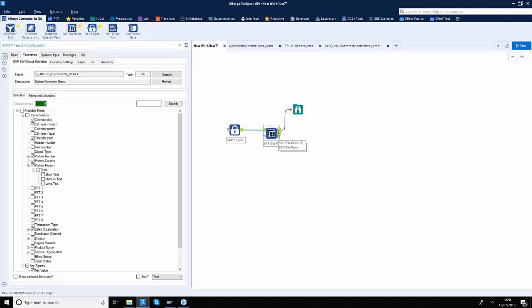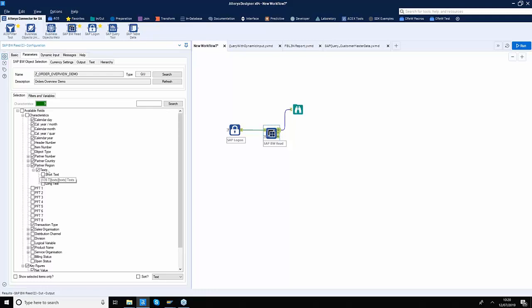So for larger queries, anything more than 500,000 and so on and so forth, you can actually combine the data that way. Alteryx is really efficient in joining that data upfront. So rather than forcing your SAP system to do all those heavy joins in the database, you can bring the master data out separately and the actual output of your query separately and combine that data here. So you use Alteryx wisely.